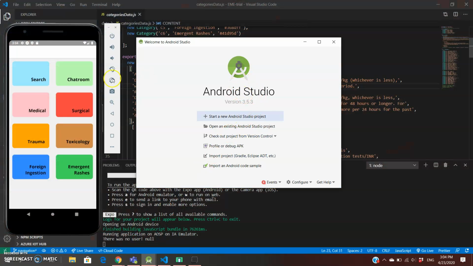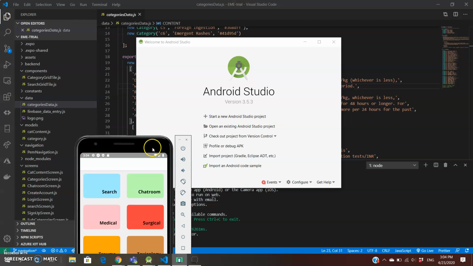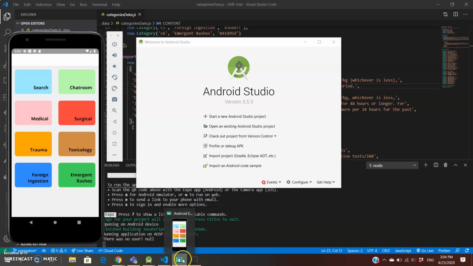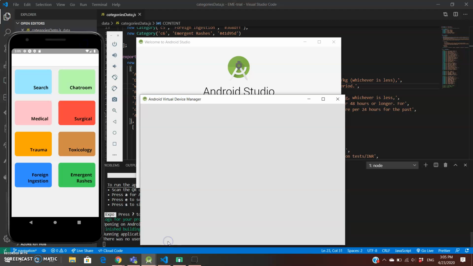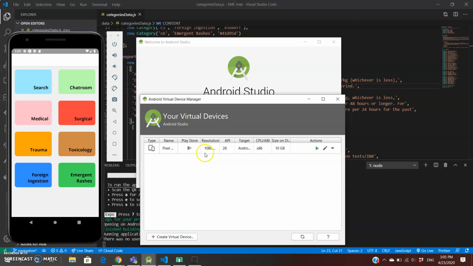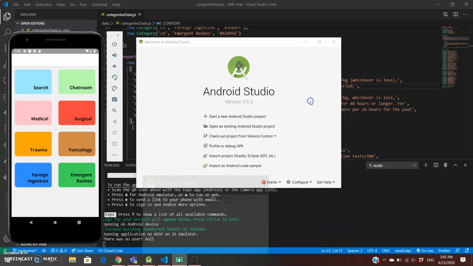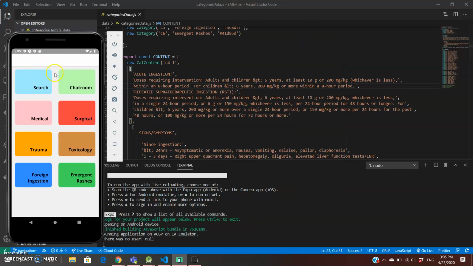This is the emulator that we're using, and we see here this is a Pixel 3a phone. So this is an Android, the one that we're using to test the project. One of the shortcomings is what we see here, it's different from what we see on an iPhone. We want to have the app available for both Android and iOS, but here on the iPhone, we see a